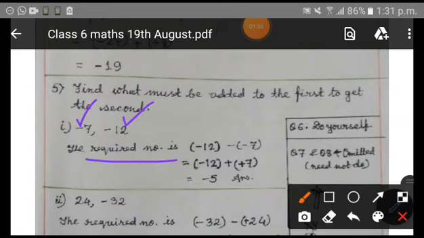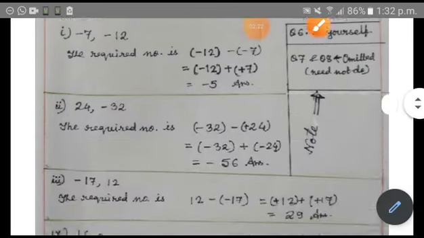So the required number will be second number minus first number, means you are subtracting the first number from the second number. So minus 12 minus of minus 7, now this minus of minus is becoming plus, minus 12 plus 7. So ultimately we are putting the sign of the greater number and taking the difference of their absolute values, that means 12 minus 7 which is giving you 5, and we are getting minus 5 as the final answer. The next sum,